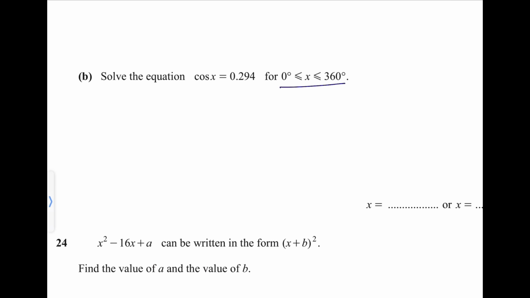Okay, then the next question is solve the equation cos x is equal to 0.294 from 0 to 360. So for this, x would be equal to cos inverse of 0.294. That would give you